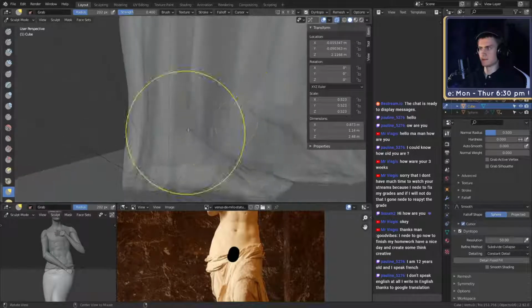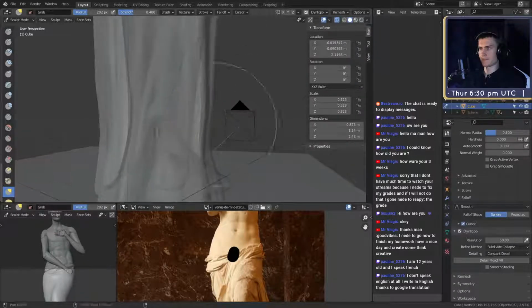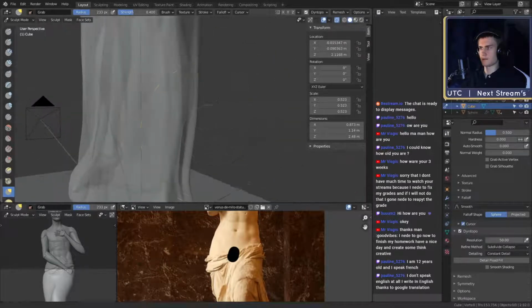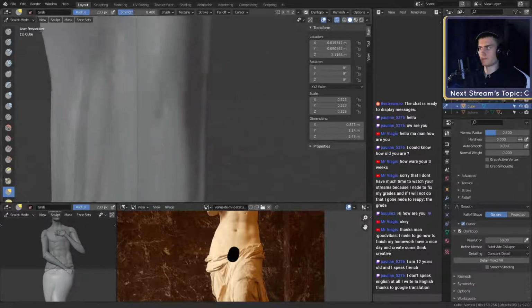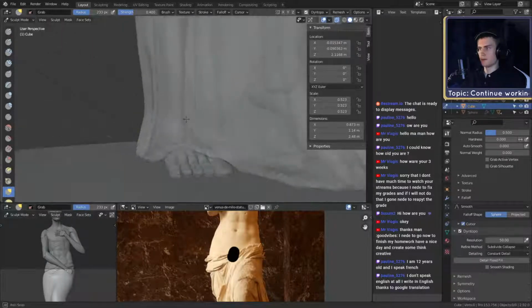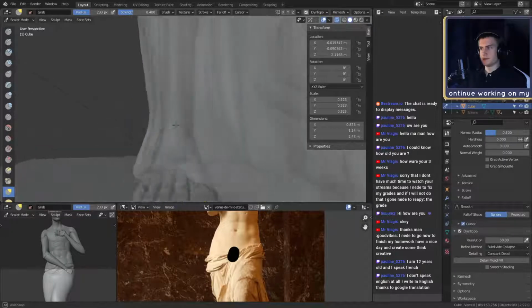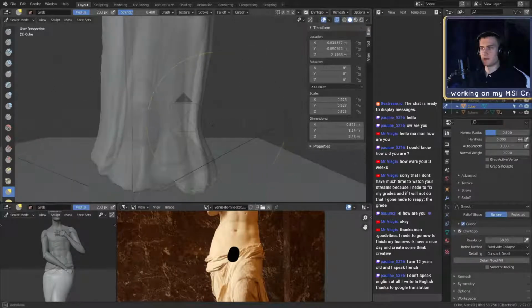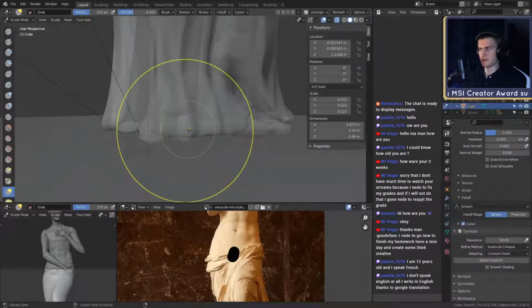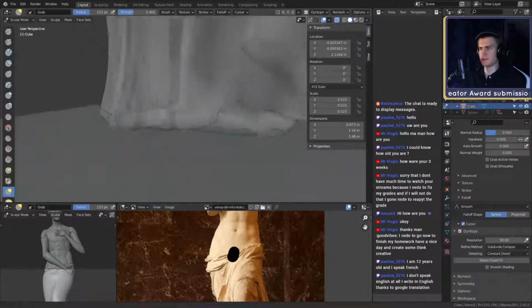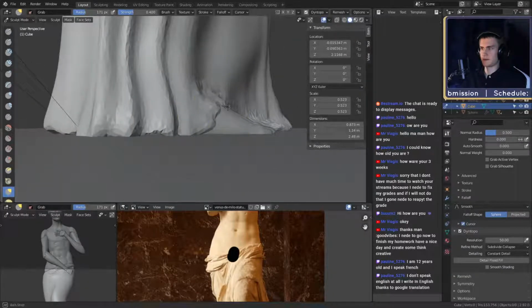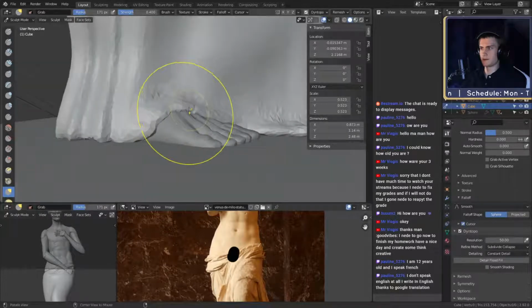Okay, let's see. It has to be really close to this angle, especially the left one. I'm not quite sure if I have the pose 100% correct. I don't think so, but I'm not quite sure if it's necessary to really 100% hit the likeness of the pose.